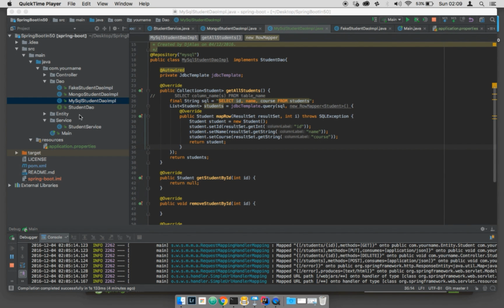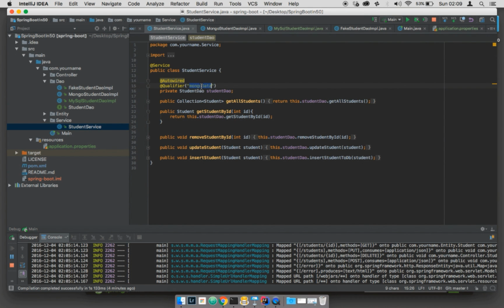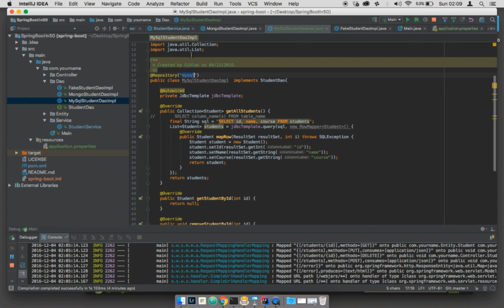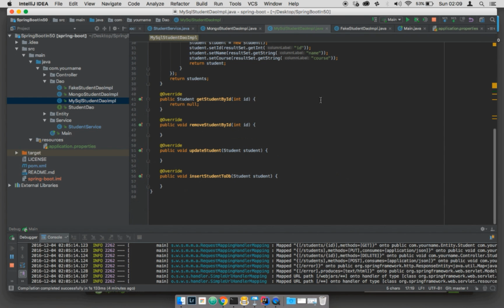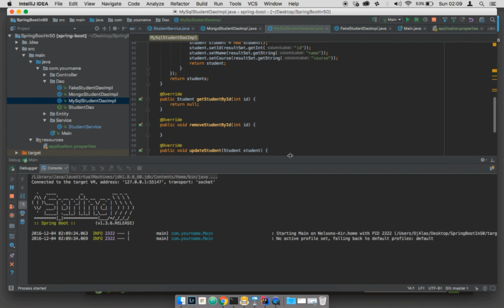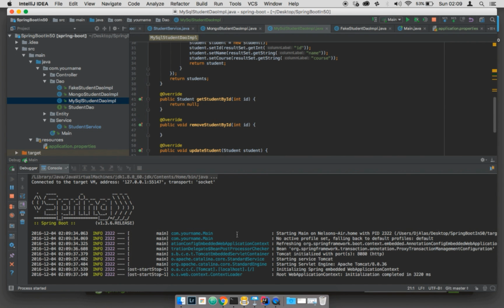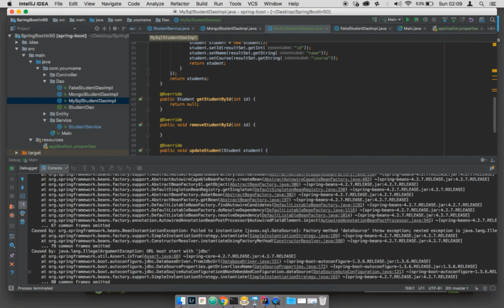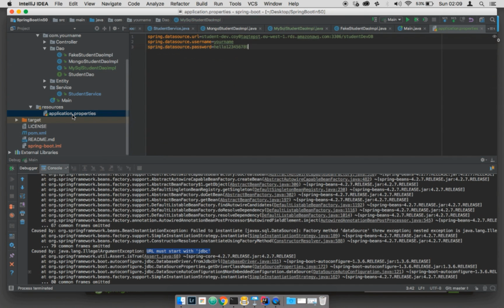To run this now, I have to change my student service to use MySQL. So MySQL comes from this repository bean, or actually this bean, which I named mysql. So let me run this, and perhaps we may have errors, but let's see what the error is, and then I will explain what is going on. This has just started, and fair enough, we do have one error, and the error is URL must start with jdbc. Fair enough. Let me open my application.properties, and sure, so this should be jdbc, and then colon mysql, and then colon